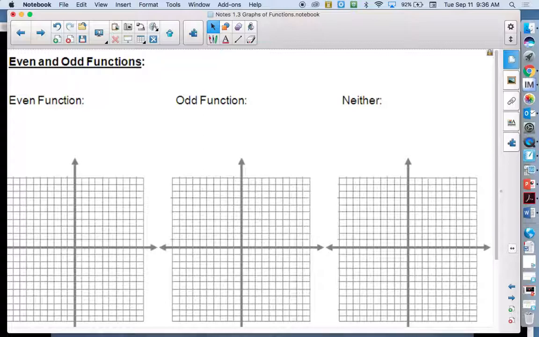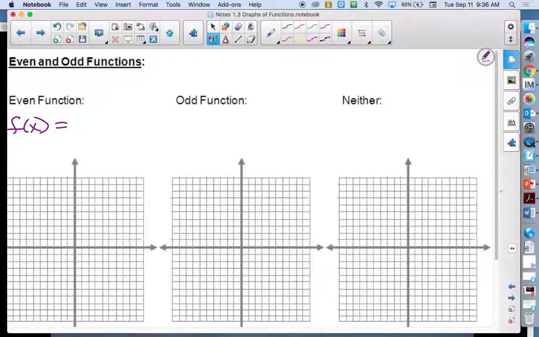So functions are also considered even and odd, either based off of the way they look, or based off of a little even-oddness test that we could do. So you could do an oddness test or this even test to say algebraically if it's even or odd. I know it kind of sounds a little weird to talk about a function being even or odd, but they can be even or odd based off of the way they look or based off of a test that we can perform. So for every even function,